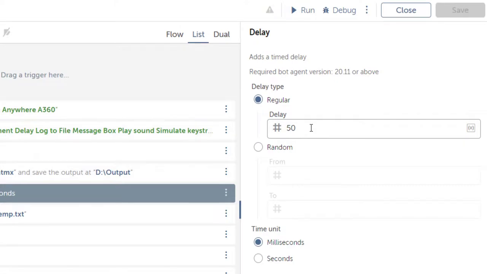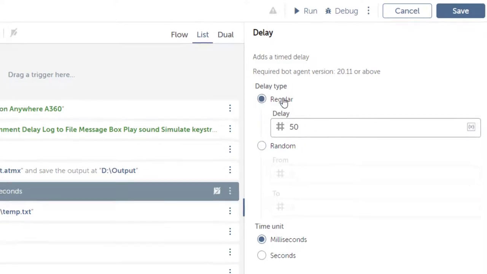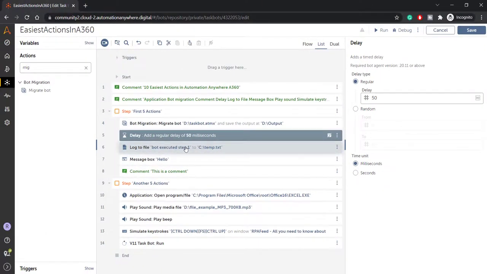You can also have dynamic delays, like bringing this value in a variable from a config file, or you can have a random value. You can select random and specify from and to, and a value in that range will be randomly selected and added as the delay. You can specify the unit of your delay, like milliseconds or maybe seconds. So that's all about the delay action.